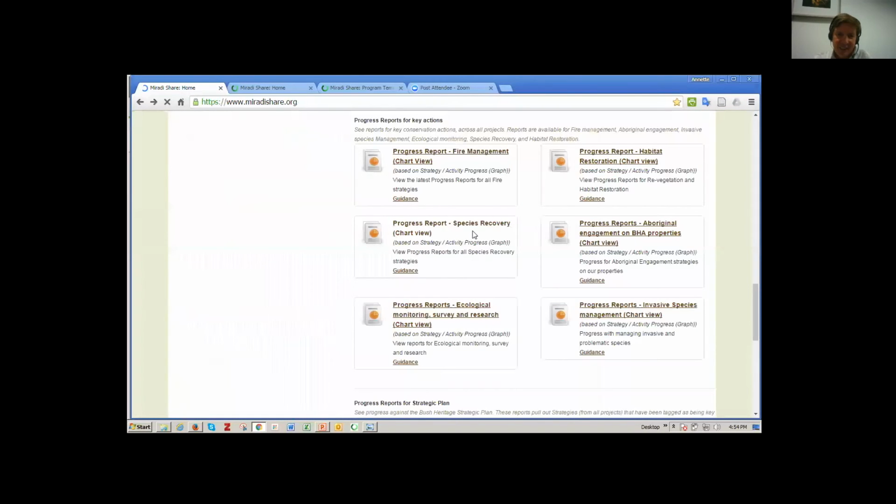And then likewise, we can do it by other types of strategies: species recovery, different sorts of research and monitoring work, invasive species control, restoration projects. So I know we're running short on time, so I won't go into much more detail, but basically if you're wanting to be able to roll up information or report groups of projects or subsets of all your projects, then getting your head around templates and taxonomies is